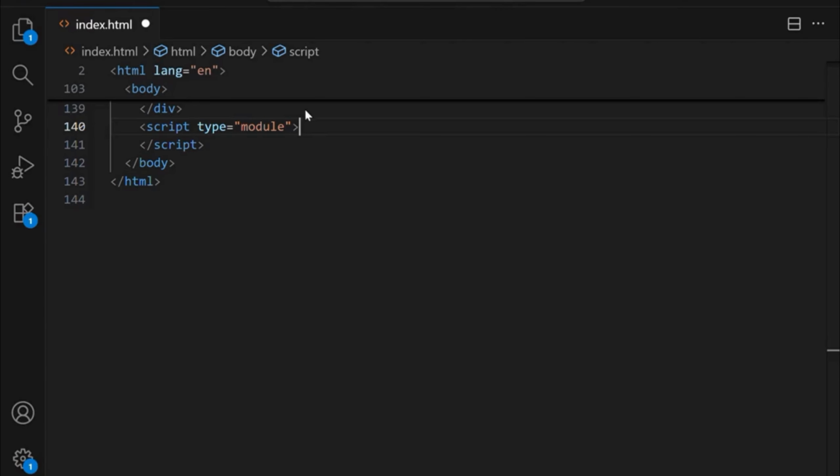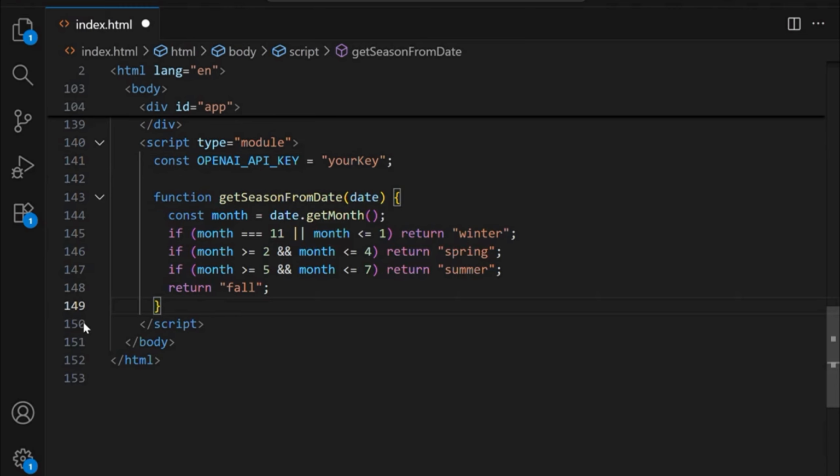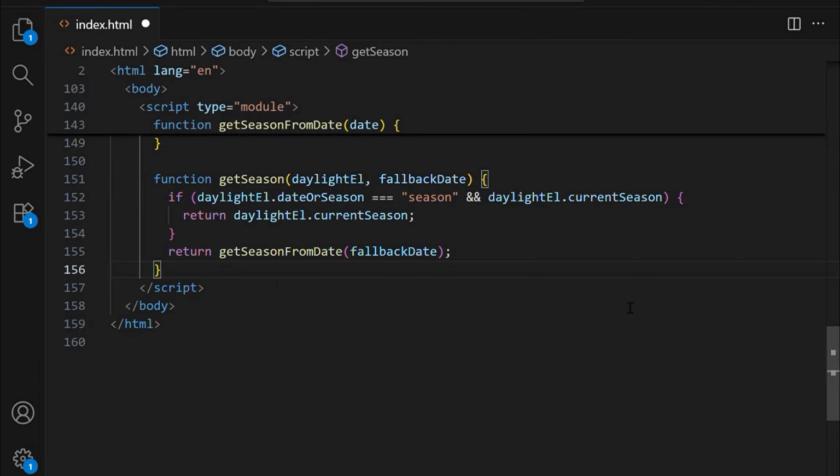All right, we have our starter code, which includes our HTML and CSS. So let's jump into the JavaScript. I first set my OpenAI API key. Then I define a couple of helpers. getSeasonFromDate turns a JavaScript date into a simple season string, and getSeason refers to the daylight component's current season if it is in season mode. That way, I always have a clean spring, summer, fall, or winter label to send to